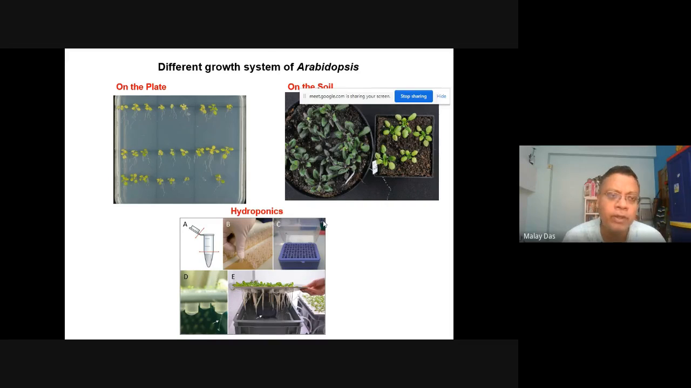Again, it depends on how far you want to study the growth of the root. If you want to study until a very late stage of root development, it's better to go for hydroponics. Particularly, if you want to harvest those tissues and do some kind of molecular or other analysis by extracting nucleic acids, then it is better to use hydroponics